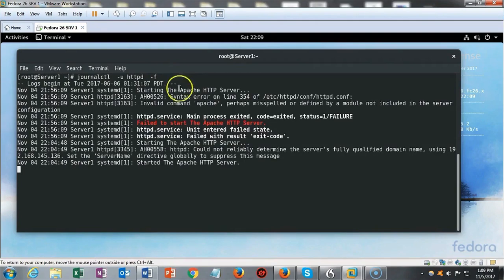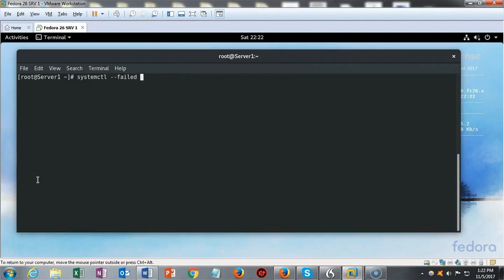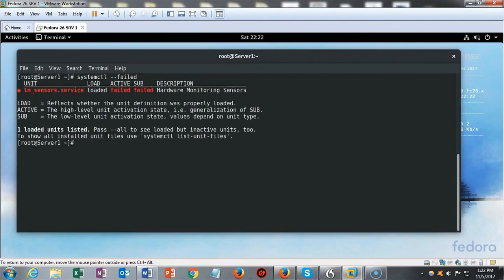It comes up, and now it's going to tell me exactly when this service actually failed to start. Now after boot up, there is a system check that we can do to look for services that failed to start. And we can use the systemctl --failed command. And if I hit enter, it's going to come up and it's going to show me that my